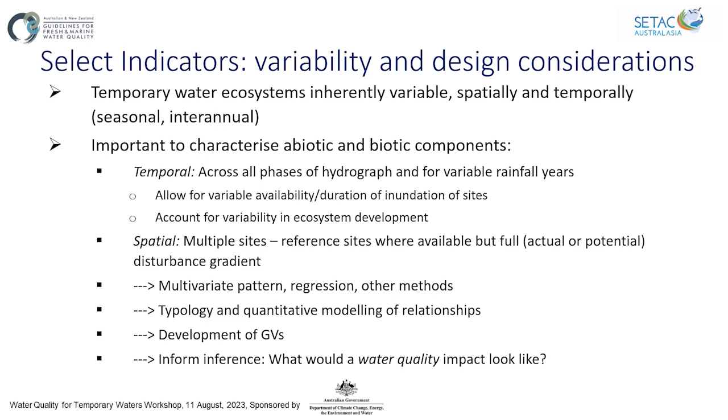multiple sites should be incorporated as far as possible. And maximizing as well the actual or potential disturbance gradients. That's invaluable in terms of looking at some sort of biological effects approach to looking at guidelines. So nowadays we've got very powerful statistical models that we can use to make a lot more sense of variability in the data. And these methods can be used to develop typologies,